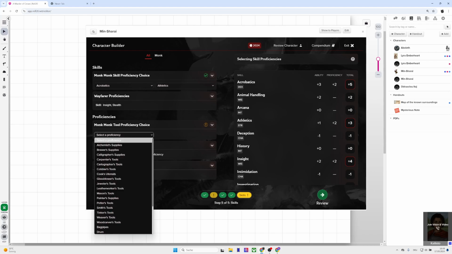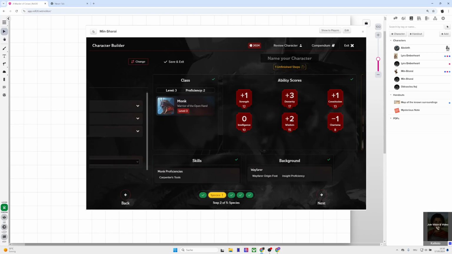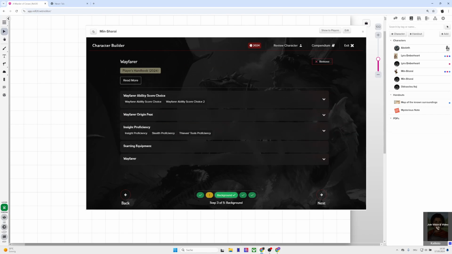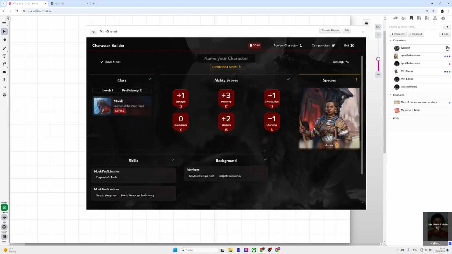The tool proficiency that I have chosen is carpenter's tools. And I've got the thieves tools from the Wayfarer proficiency. That is correct. Okay, this is fine. We're going to leave it as is because we are going to pretend that she is not human because she isn't. And this means that, let's see if we can...